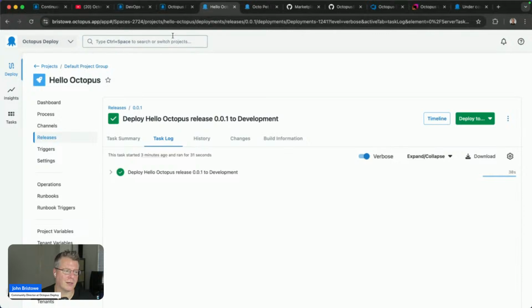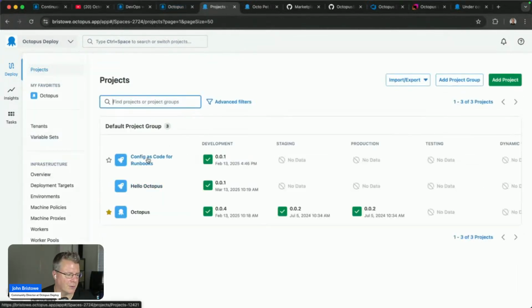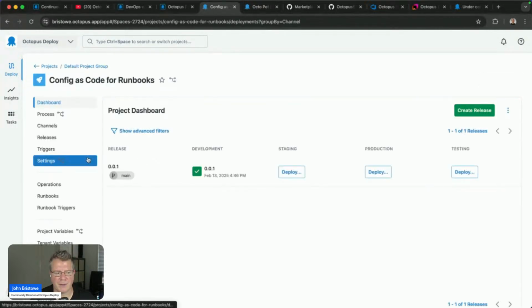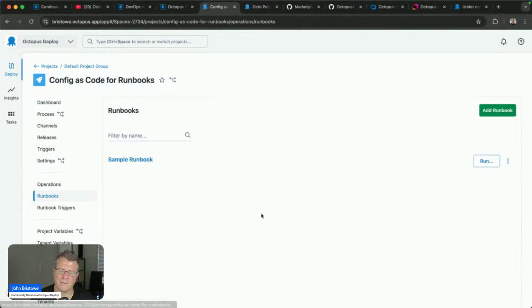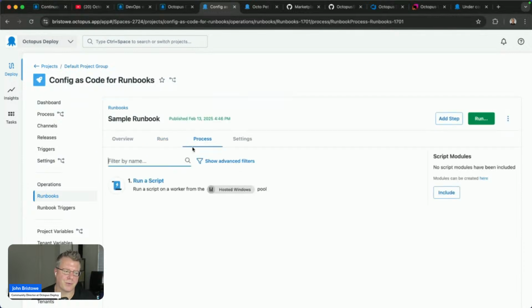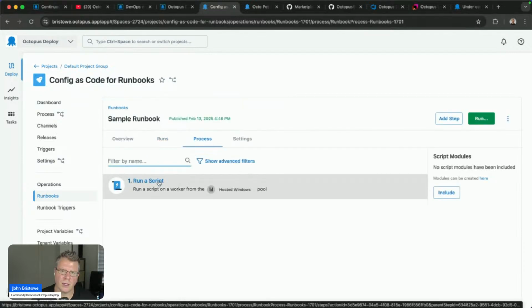There's a bunch of other stuff you need to know. I did mention earlier a capability we have called runbooks. If we take a look at a very simple example here, runbooks is a capability that allows you to define basically the equivalent of deployment processes, but in the context of executing ops. So I could define a process here that is a runbook, and that would allow me to do things like server maintenance, database backups, etc., and then execute those as part of my deployments if I wanted to, in concert. So runbooks is another capability we have available there.